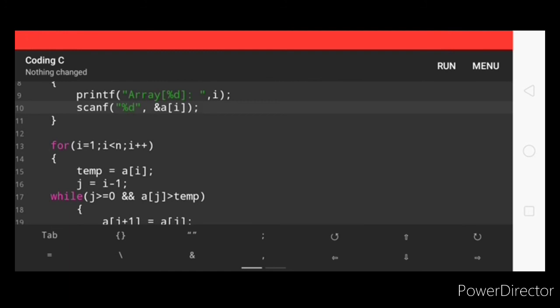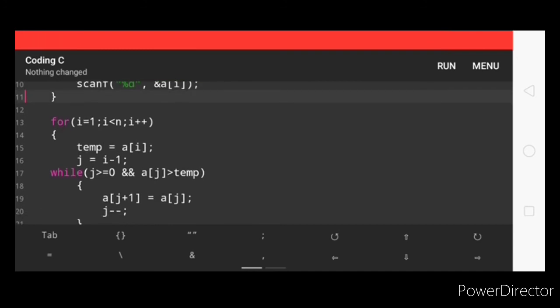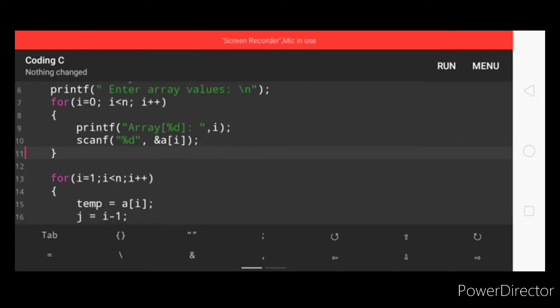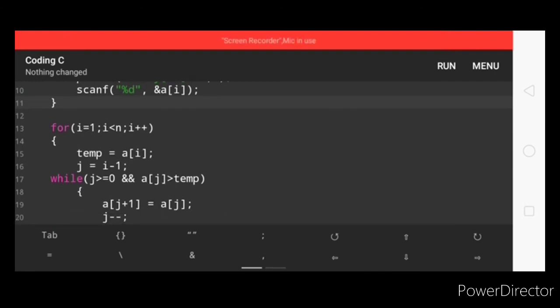Now for another outer loop, we have here for i is equal to 1, i is less than n, i plus plus. So if i is equal to 1, this part is